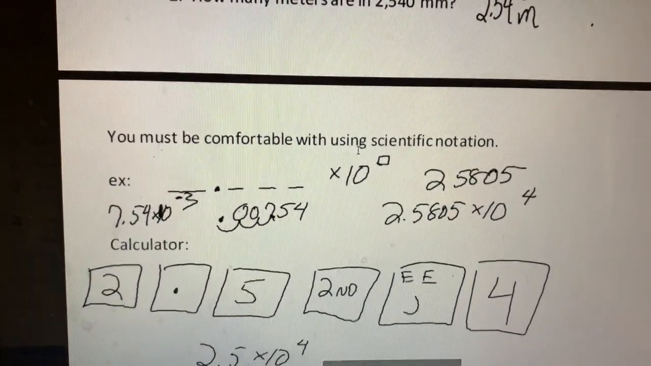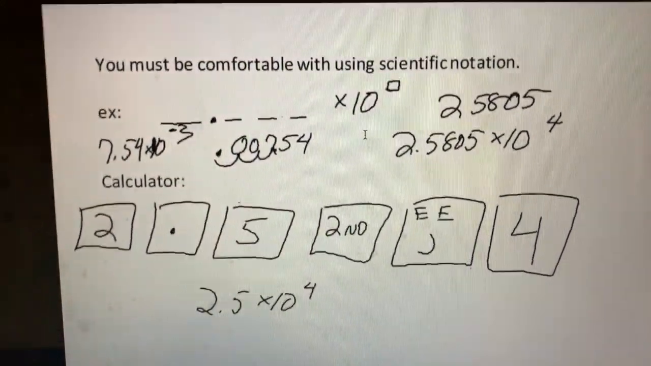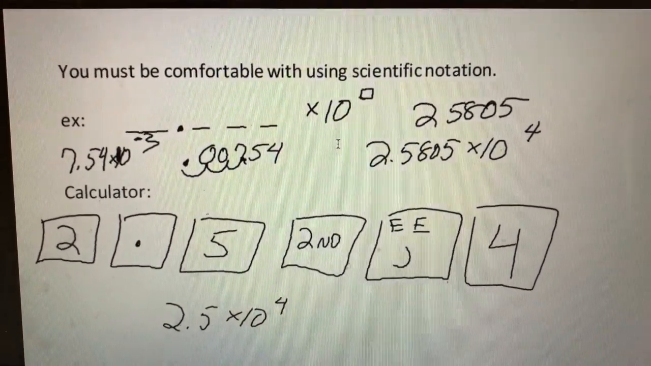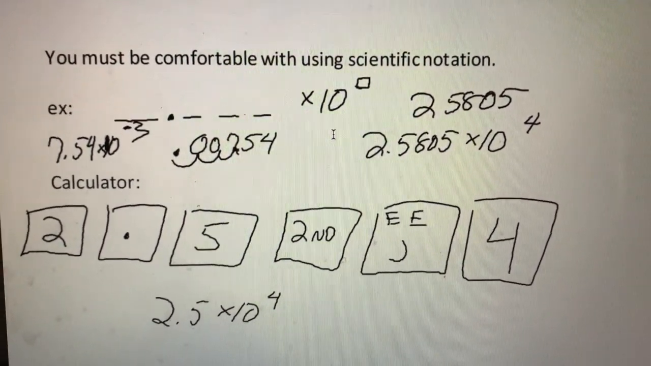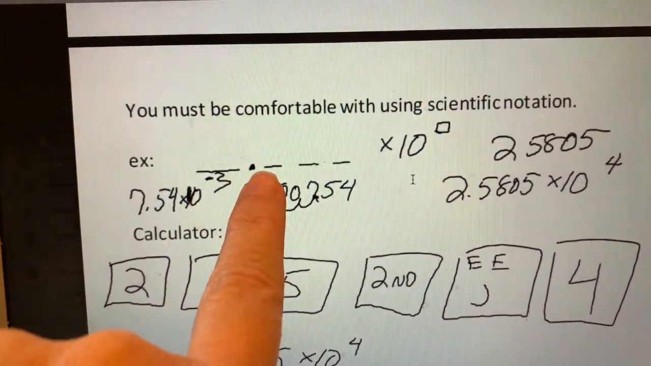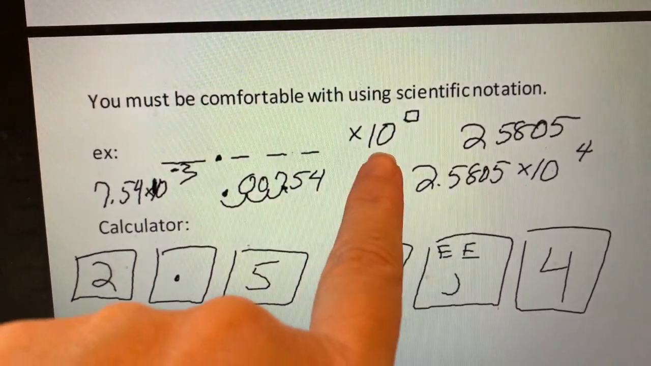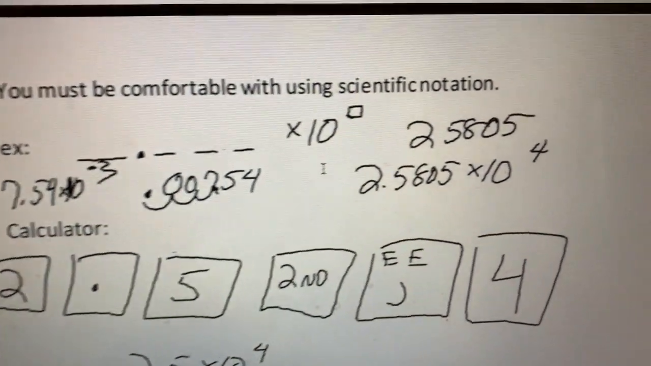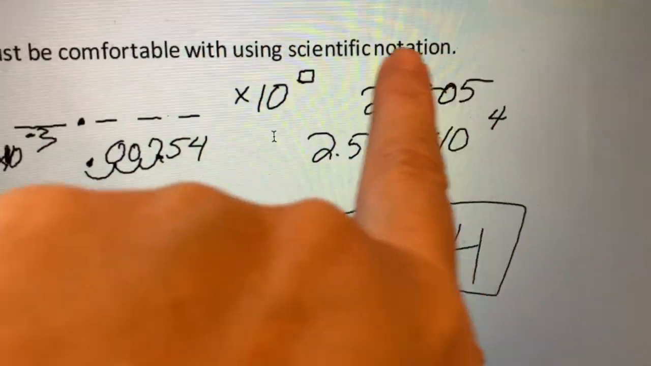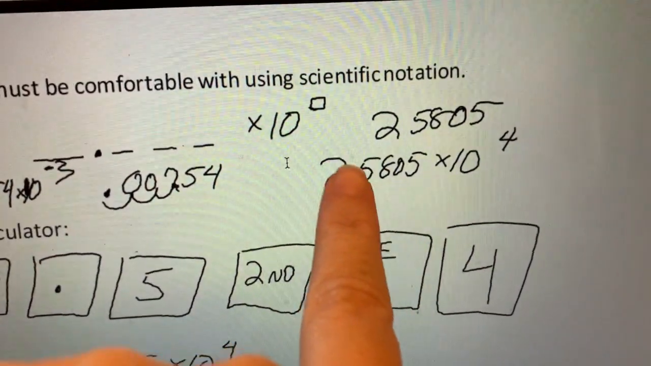And now we're just going to play a little bit with our calculators. Scientific notation is different than just exponential form. For scientific notation, you must have one digit, then the decimal place, then however many digits are left, then times 10 to whatever exponent. For example, if I give you this regular number, 25,805, and I want that in scientific notation, I'm going to write